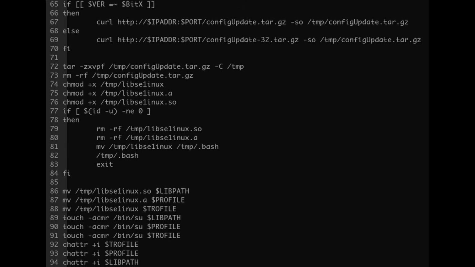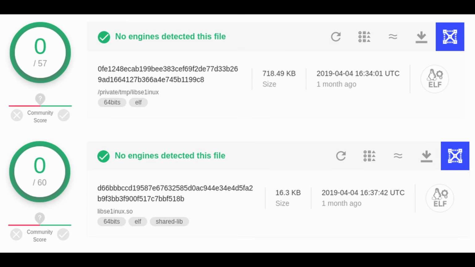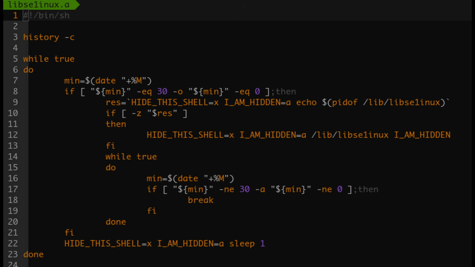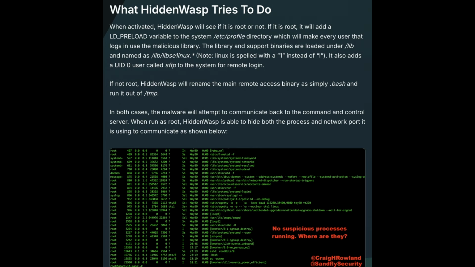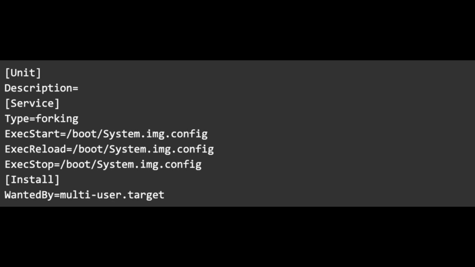It was typically delivered as a compiled ELF binary also, and often disguised itself as legitimate system files, which made detection much more difficult. Unlike other botnets or ransomware, HiddenWasp did not focus on DDoS or encryption, and instead was all about stealth and persistence, which made it more useful for maintaining ongoing access to compromised infrastructure. Its components were often based on publicly available tools, which allowed attackers to customize the deployments while still blending in with normal Linux activity.